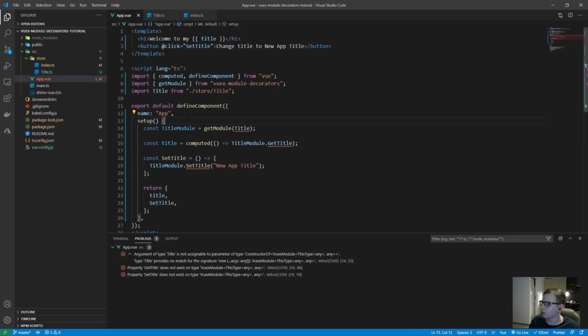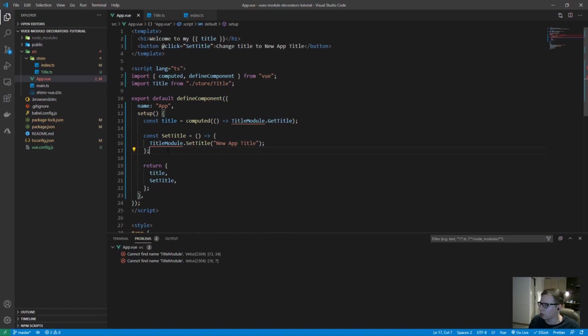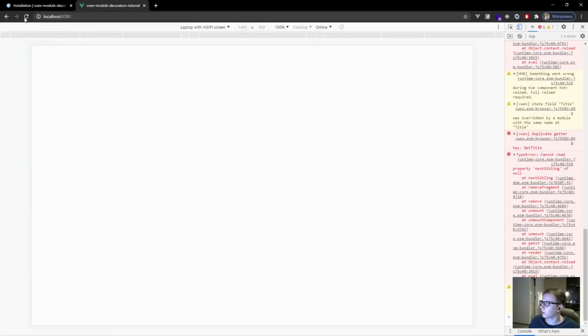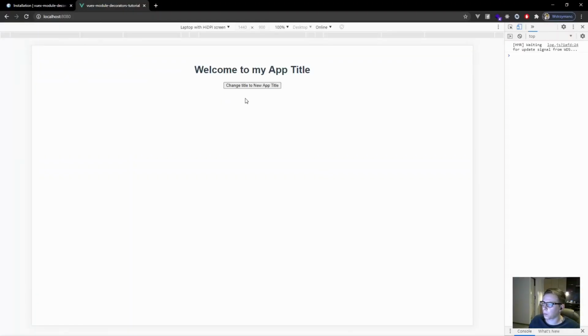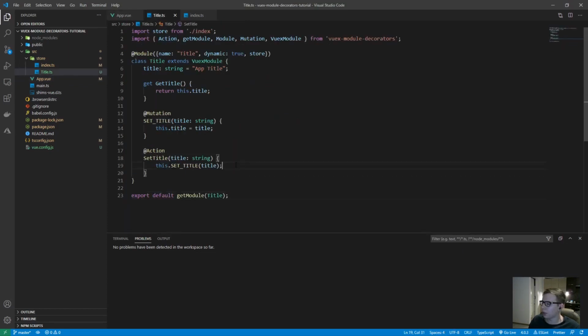Now I can remove get module from here, and set that name to title module, and now it should also work. As you see, all is fine. So that's all. That was a simple example, but you can adapt this to your application and expand this if you want. So this is really simple, and